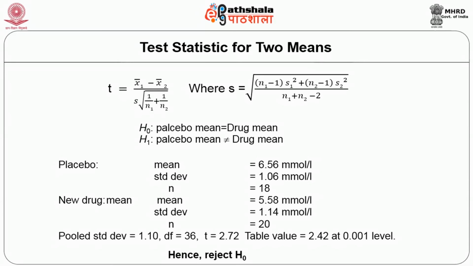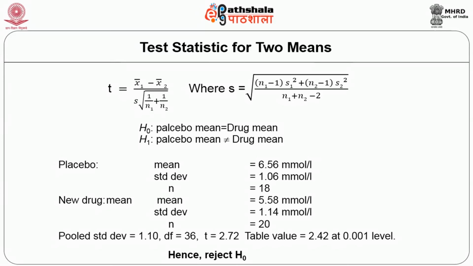You take for example the experiment given in the slide. The experiment is conducted on 2 groups, one is a placebo group and another is a new drug group, where the cholesterol lowering drug has been given, and they want to see whether using this cholesterol drug, the cholesterol level will decrease or not. In the placebo group, 18 subjects were considered, and in the drug group 20 subjects were considered,